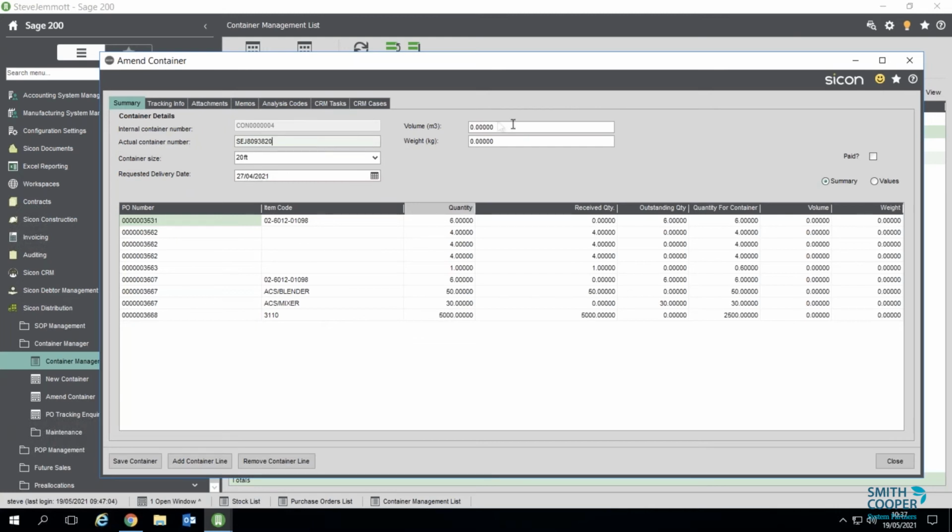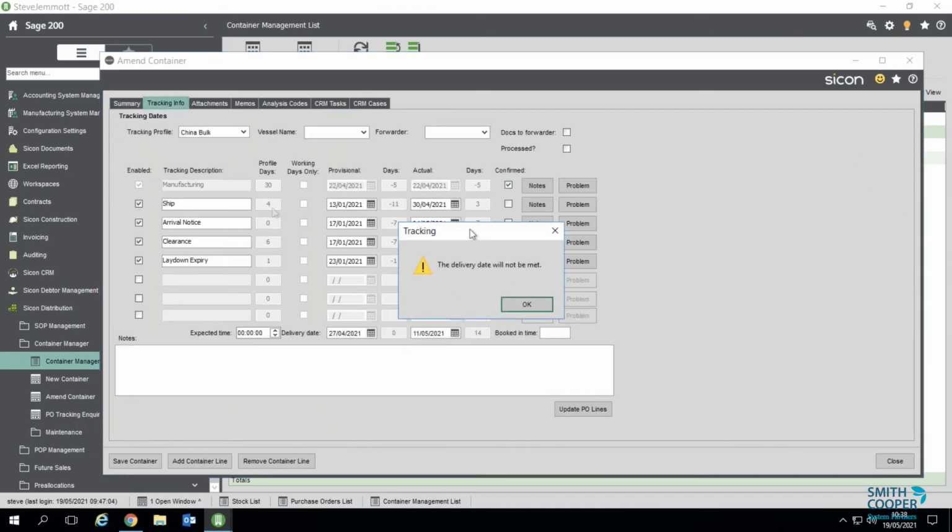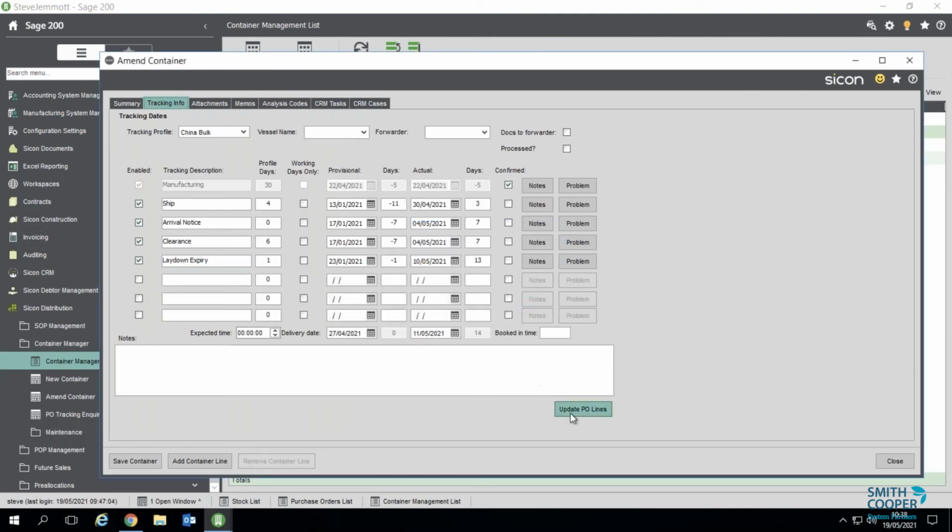We've got the provisional delivery date, and if I've got weights on there, you start to see the volume and the measurements, and as I said, it will then highlight those where it looks like they're going to be over. On the right-hand side, it's looking at weight, but more and more people want to know, for insurance purposes, what the value of the items on there is. So again, using the costing aspects held within Sage, it's going to give you the total value for insurance purposes. You can then assign your tracking profile. Already it's telling me the delivery date is not going to be met,